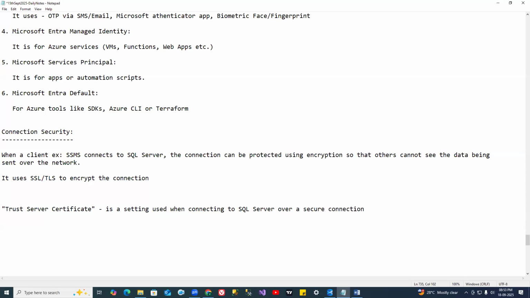Or a secure connection. It is a setting used when connecting to SQL Server. It tells the client, client in the sense our application SSMS, whether or not to trust the server's SSL or TLS certificate without validating